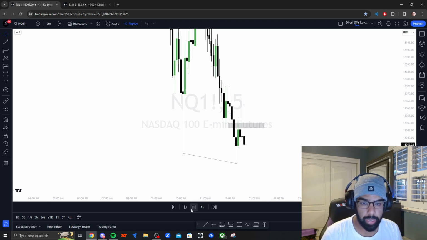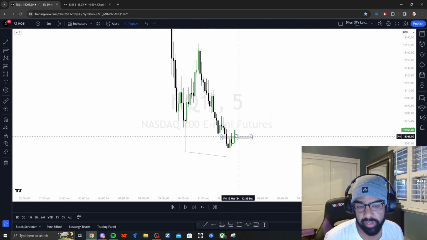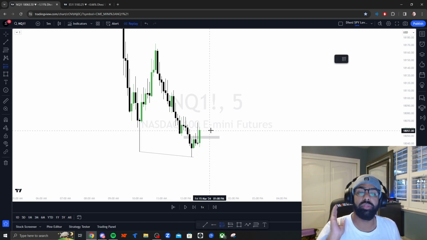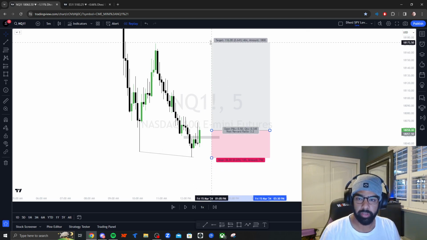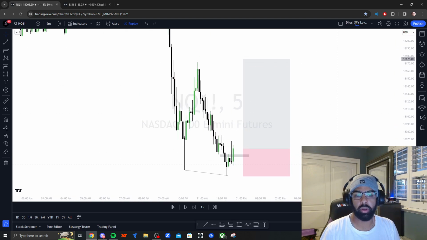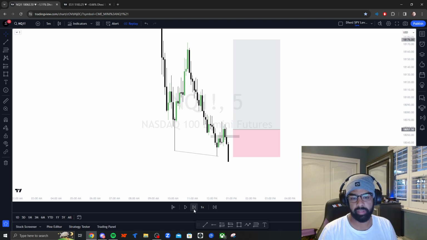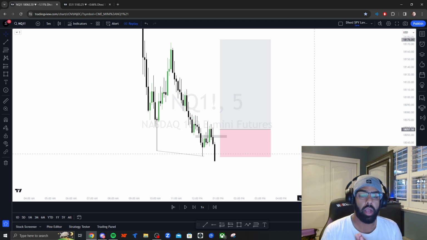And here is where people ended up getting caught. They saw this setup here and took this inversion. I don't know who they are, I'm just going to assume someone out there today took this trade, targeting these relative equal highs up here, or whatever liquidity they were talking about, and they targeted this. And if you guys can see it play out, they got stopped out in about 5-minute candles, in about 15 minutes. Why is this a bad inversion gap?